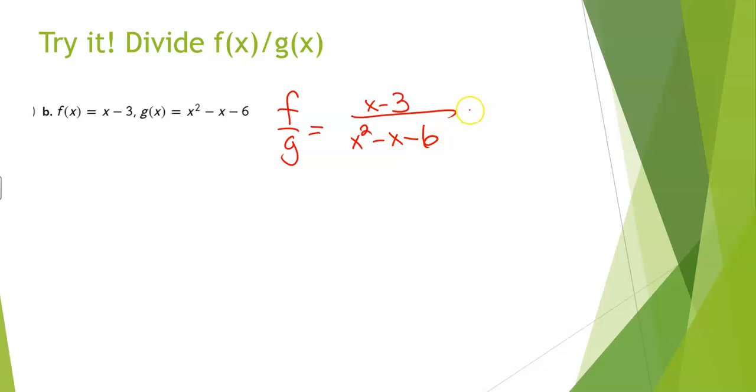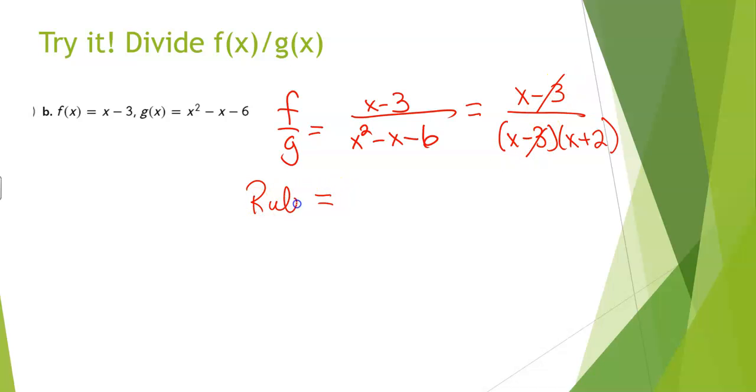Out like this, and then you think, well, maybe there's a way I can factor that out. And sure enough, what are some factors of 6? 3 and 2, and one of them would have to be negative. It'd have to be the biggest one. Isn't that handy? Because that's the same as the one on top. 2 would be positive. And you can double check. Minus 3 plus 2x, that would give me a negative x. Yep. And multiply these, I get the negative 6. So these cancel out, and the rule then, remember we call this the rule, is 1 over x plus